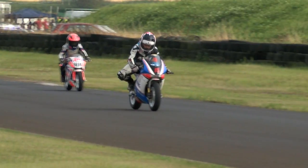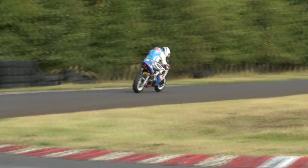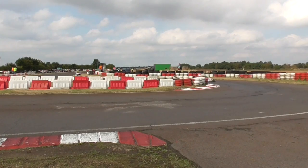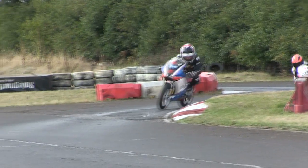Frost trying the outside line, but Chloe Jones rides defensively down the inside, guards that inside line to prevent being outbraked from Ryan Frost. And Jones back on the power down the back straight. Oh, as one of our midfield runners goes down, takes a hefty tumble, but I think the rider's okay. Yellow flags are out, but this won't